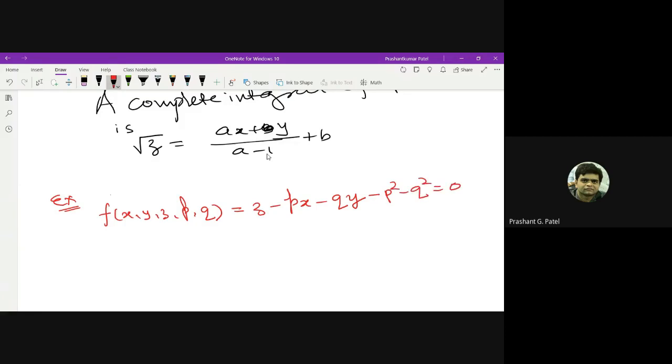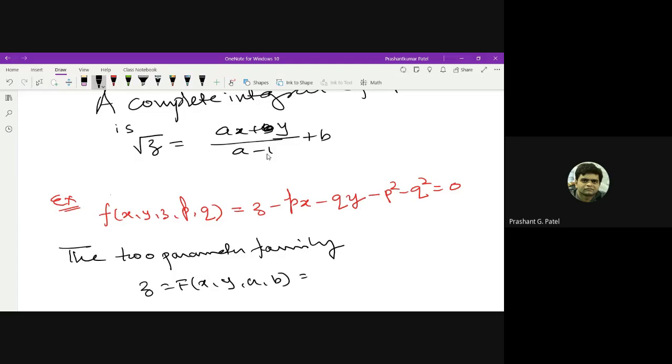Now one should check that the two parameter family z = F(x, y, a, b) = ax + by + a² + b² is the solution of this